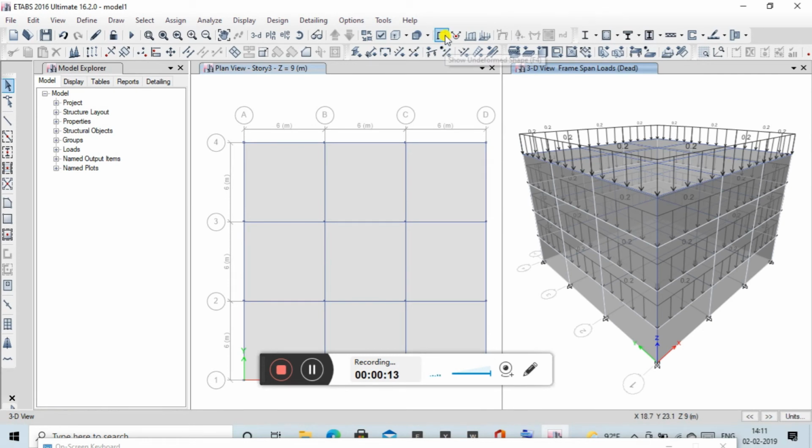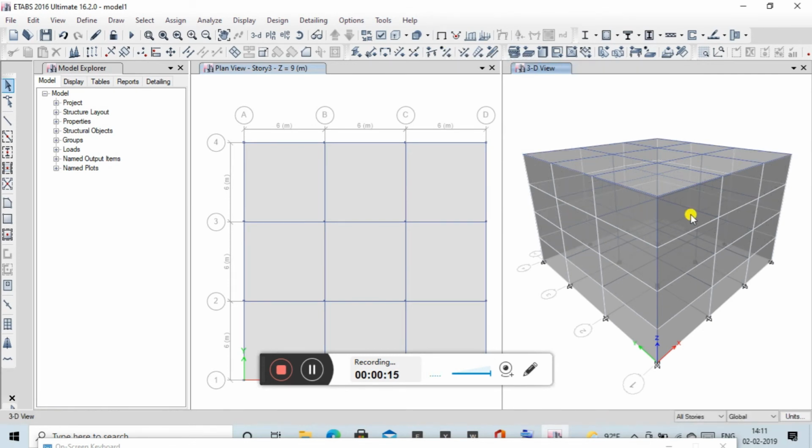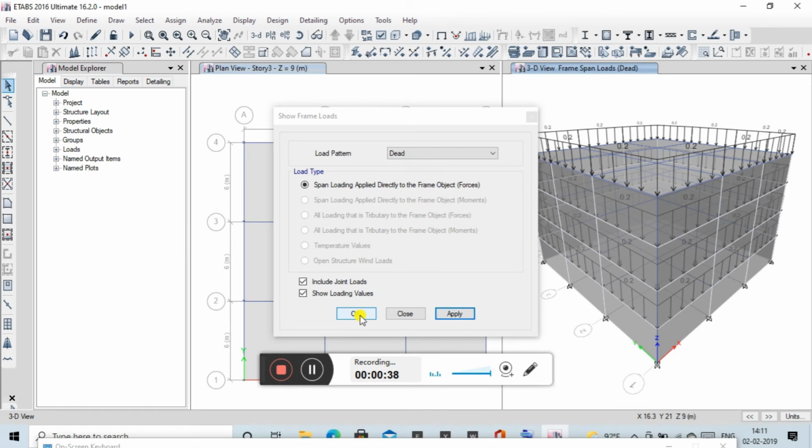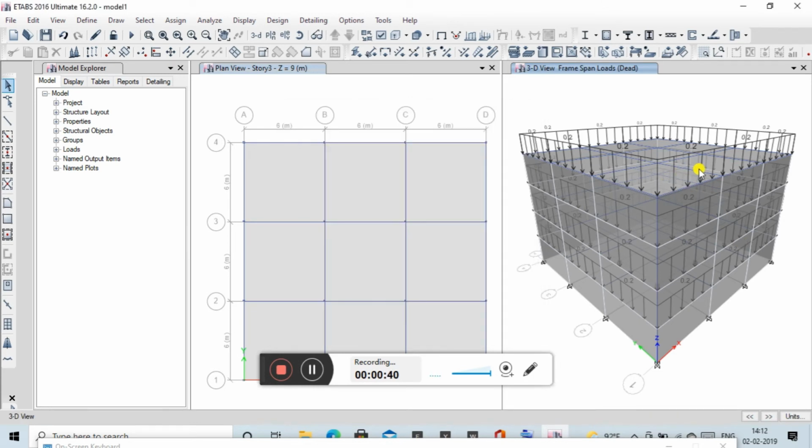Let's go to Undeformed Shape again, and if you press Undeformed Shape, all this load will be hidden. If you want to look at it again, go to the function Display Frame Load, because a beam is a frame load, that is, a beam comes under the frame. So click on this. Under Dead load, because we have defined the auto cladding load under the dead load only, you can hit Apply, click OK. So you can see it. First click on Undeformed Shape.